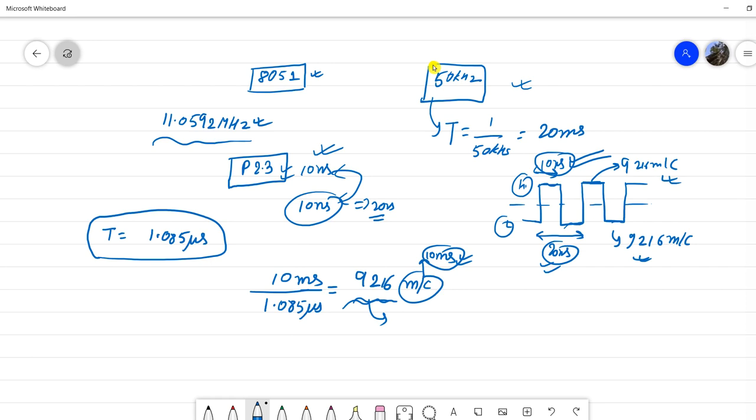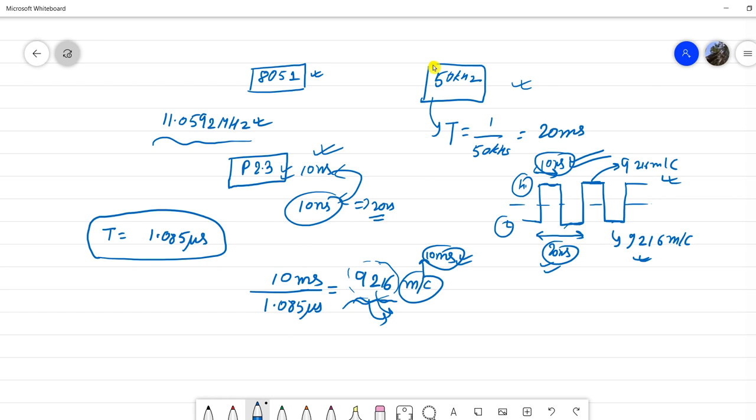Now we know this many machine cycles, so how can we use them? We are going to use the timer for this operation.